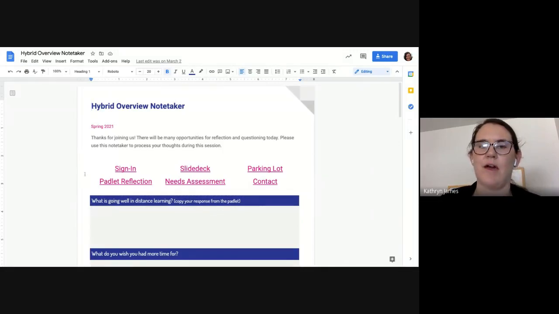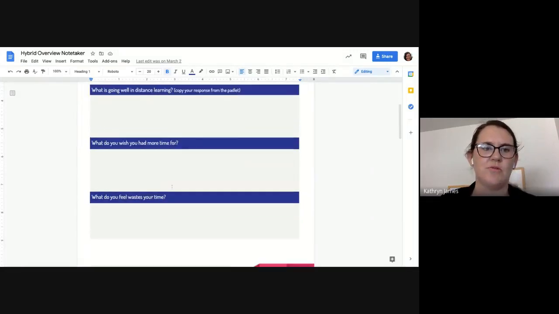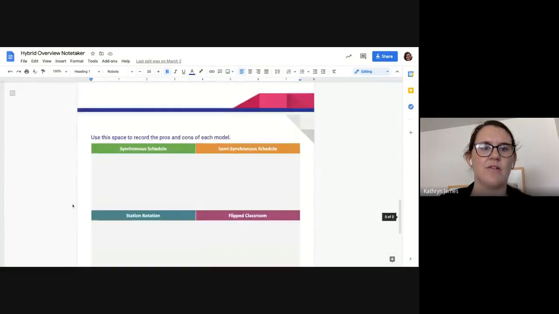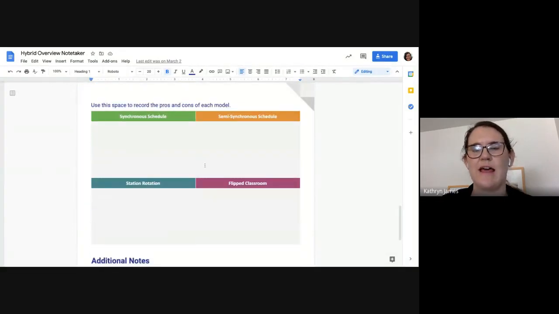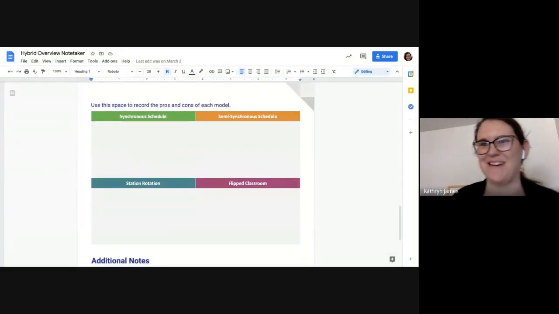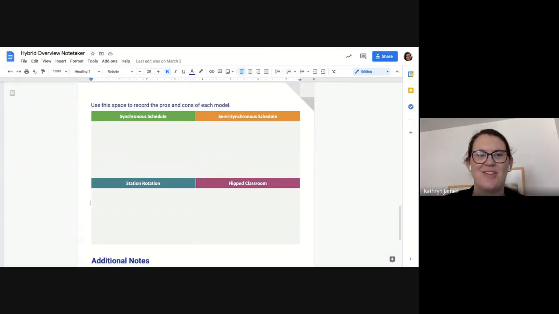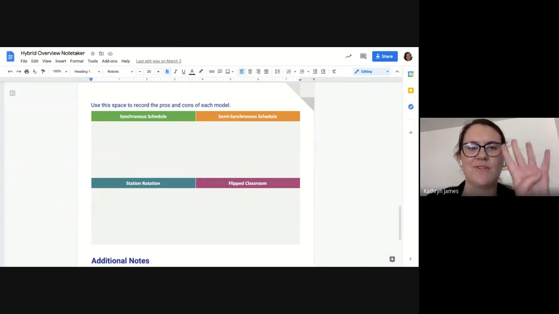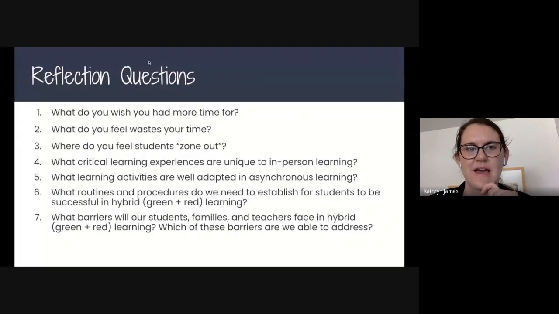And so what we would love for you to do is to think about these questions, not just right now, but while you're choosing a model and after you choose your model, to revisit the series of questions. And the note taker does have space for you to write down your thoughts. And then it also at the very bottom has a tool that I highly recommend for what's about to happen next. We are going to share with you 4 different models, which you can see in this chart: synchronous, semi-synchronous,